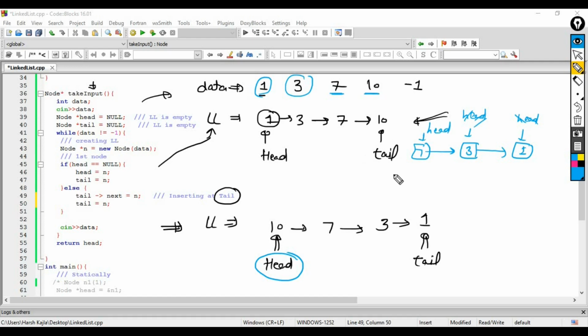Now the data is 10, so again you will create a node 10, make this connection, and update your head. Finally the data is -1, so you will not do anything. When you initially updated your head, you also updated your tail, so tail will not change. This will be your tail and this will be your head.